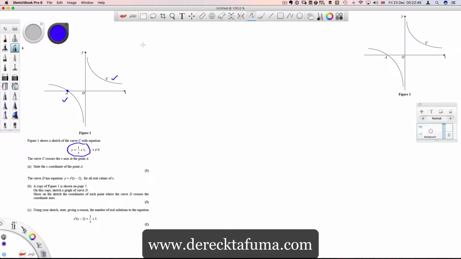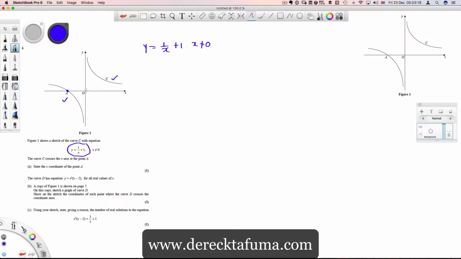and it's as follows: y equals 1 divided by x plus 1, where x is not equal to 0, because if x becomes 0, then 1 divided by 0 is infinity. Infinity plus 1 is infinity, so y goes to infinity. Okay, so when x is 0, it's an asymptote, so it keeps going this way. Okay, but we know that